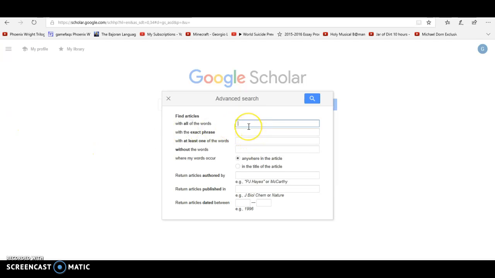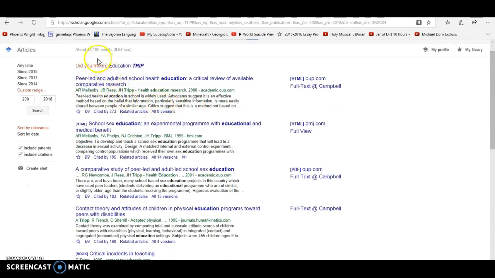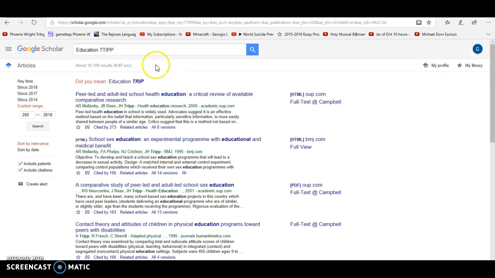So we can search for something such as education with at least one of the words of TTIPP. And it can be anywhere in the article. If you know an author you're looking for, of an article or a book, you can type in their name here. If you're looking for a specific journal, like for example Nature right here, you could type that journal in, and it'll only search in that journal. And if you know dates, we could say between 2000 and 2018. And so, if we click search, we can now see that we have about 18,000 results,